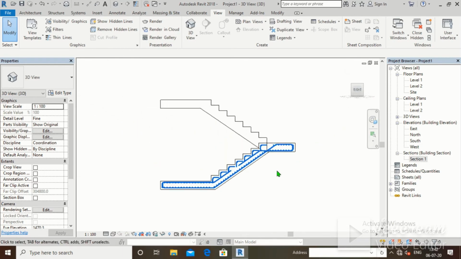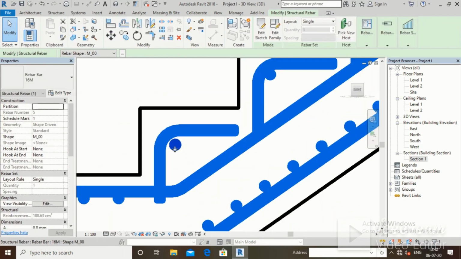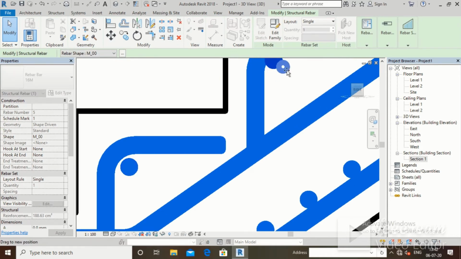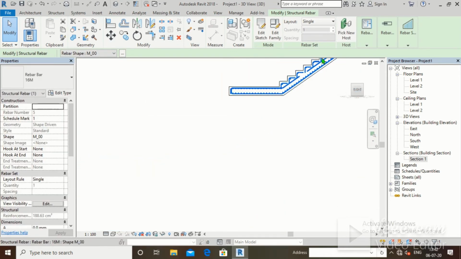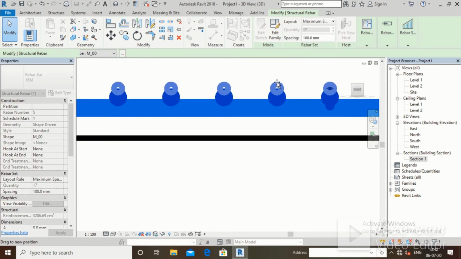So go in right view. Now it will provide a better view. Arrange this bar. Okay.